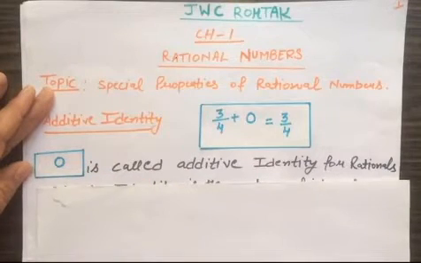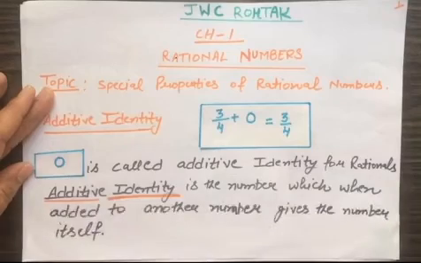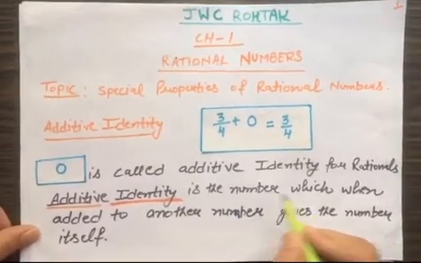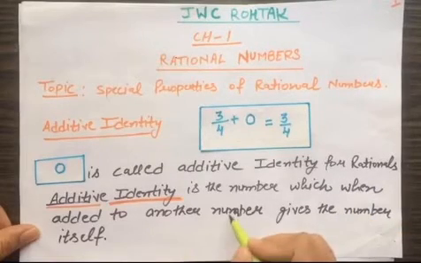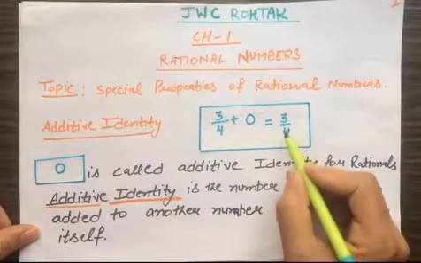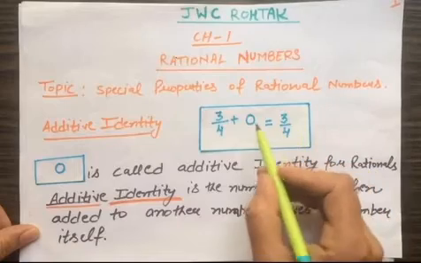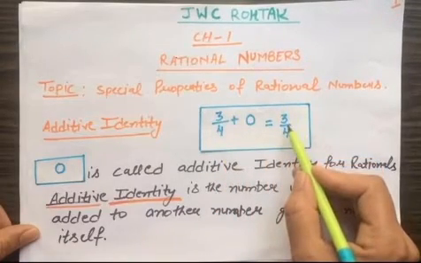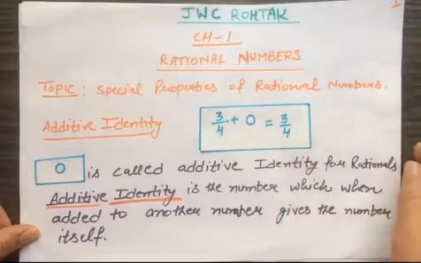Let us define additive identity. Additive identity is the number which, when added to another number, gives the number itself. When 0 is added to 3/2, the number remains itself. Next is